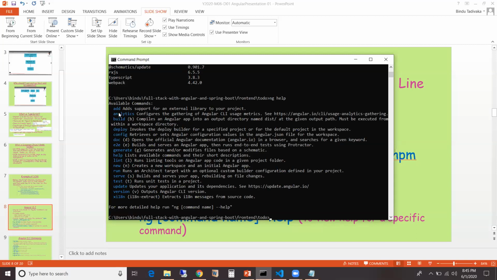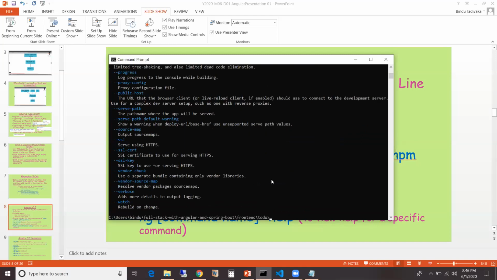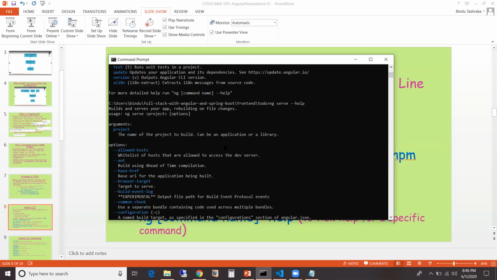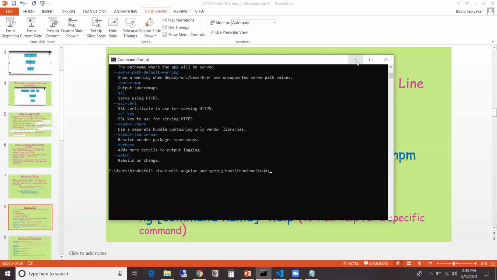So these are all the available commands in Angular. And if we want to look at the help specific to any command, then we need to follow this format. For example, if I want to get help about the command serve, then this is what I type. So this is the help for the ng serve command.